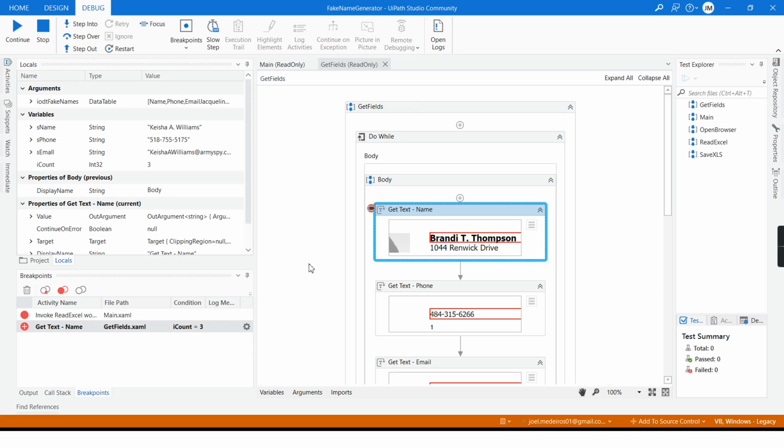Now my condition was satisfied. My I count is equal to 3 and my breakpoint has enabled. I will hit continue again. The automation will run 2 more times and then it will finish.